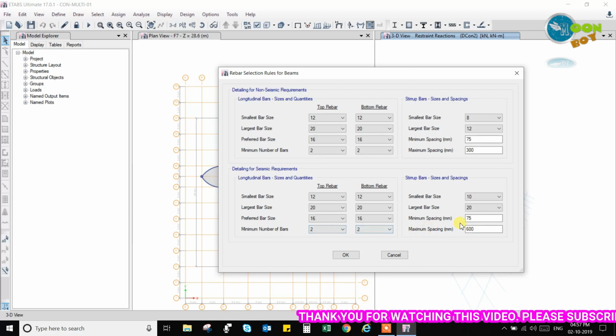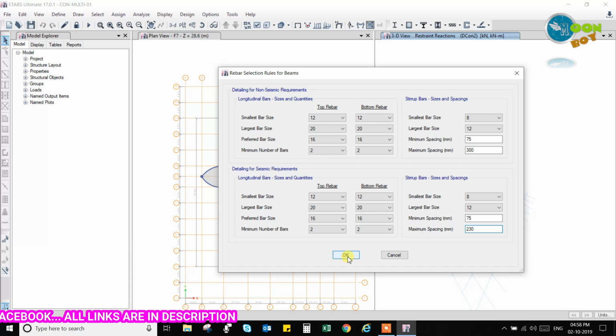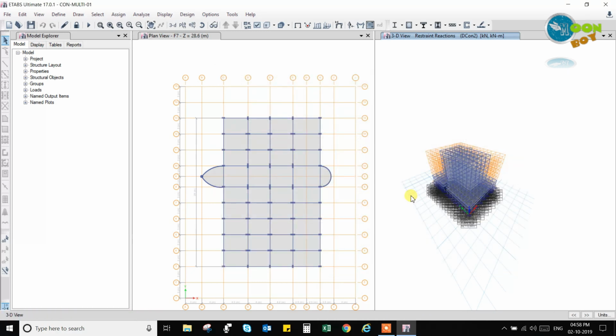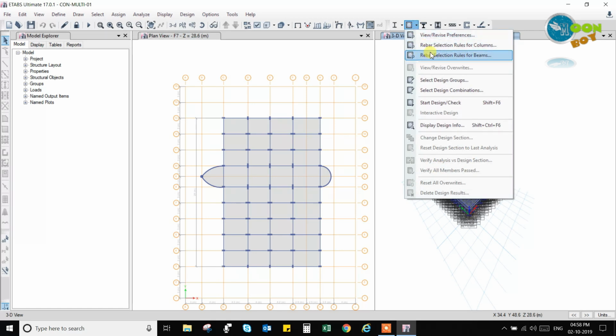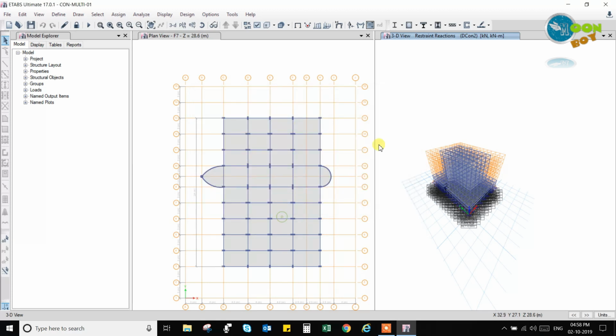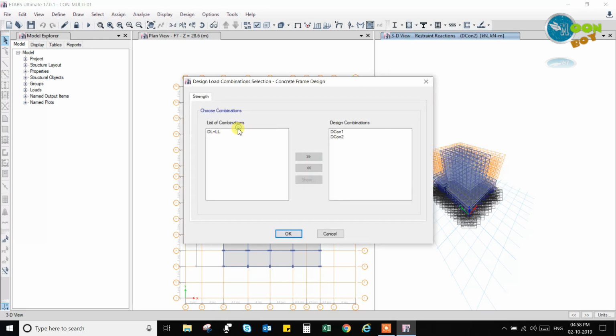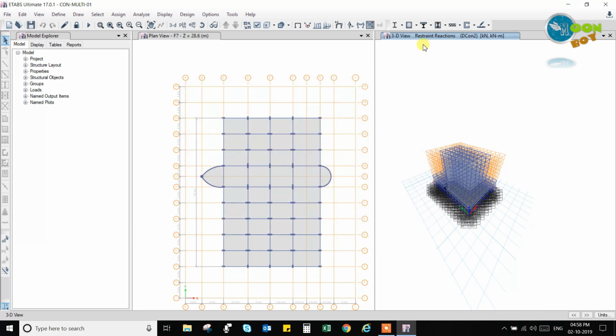So if you set up all these things, after setting up these things you can go for the select of design groups. You can select all the groups and send them to the right and click OK, and then you can go for design combination. Select dead load plus live load as the design combination here, and DCon1 you can keep it or you can remove it. Okay, that it will envelop also,